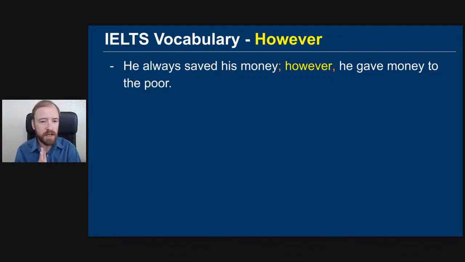Now, in your essay, you could say he always saved his money, but he gave money to the poor. You could use but. Again, let's try to use this new vocabulary. However, is better than but. So I would say start practicing. However,